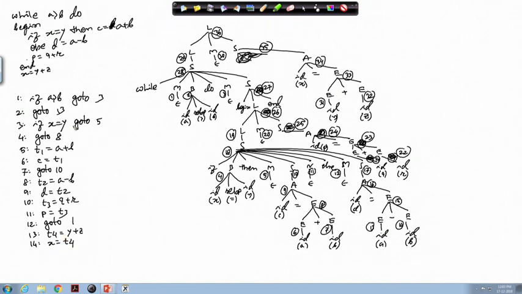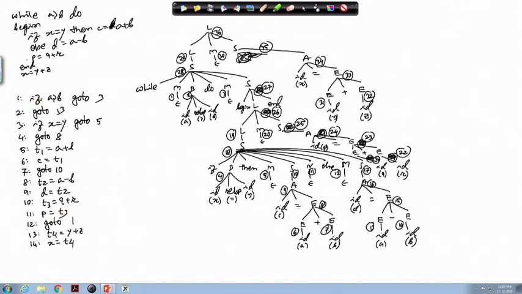If it comes to 3, that is the body. So, it checks if x equal to y, go to 5. At 5 it computes a plus b into T1, and then T1 is assigned to c, then it says go to 10, because it is skipping over the else part. So, it comes to go to 10. T3 equal to q plus r, then p equal to T3, then it is go to 1.